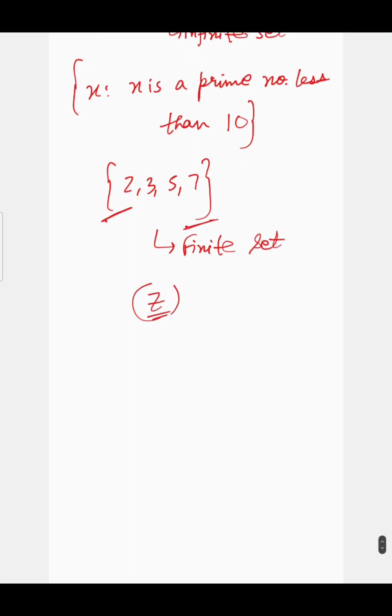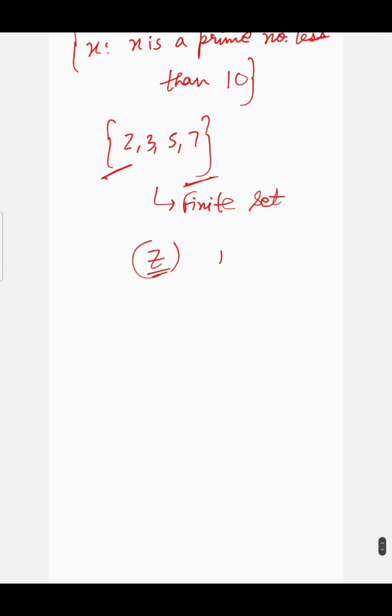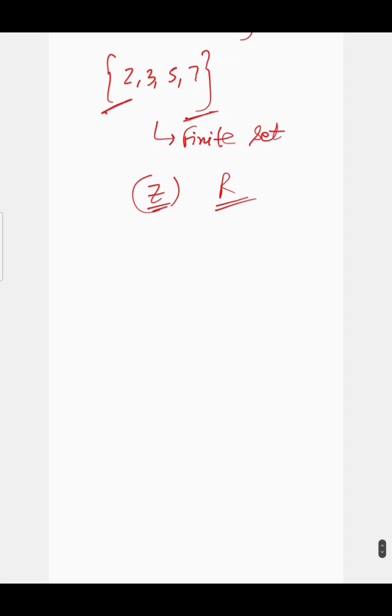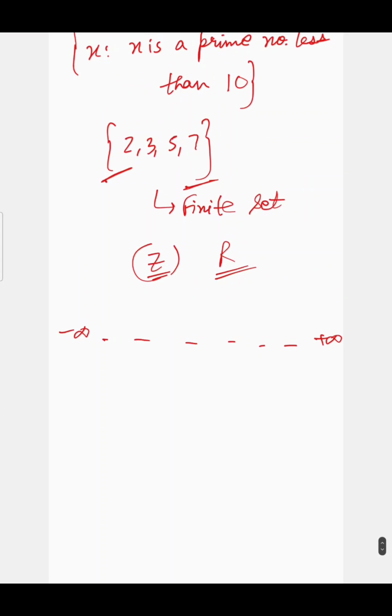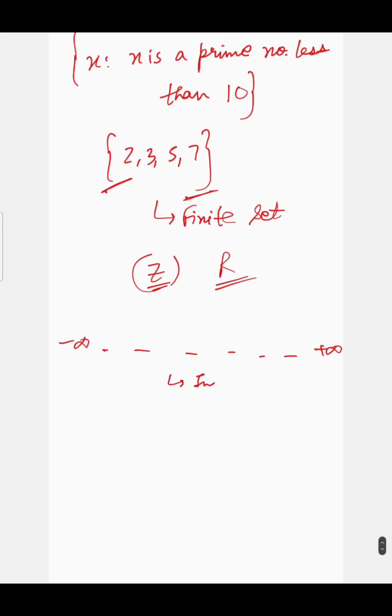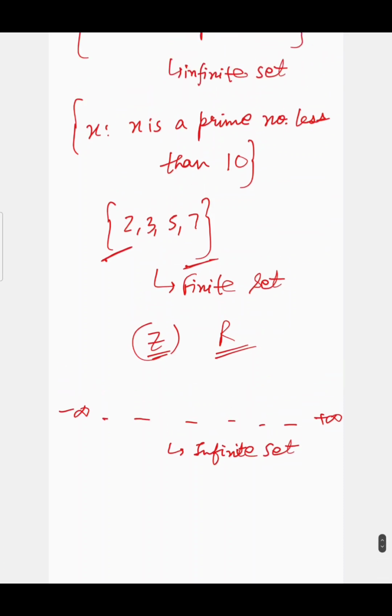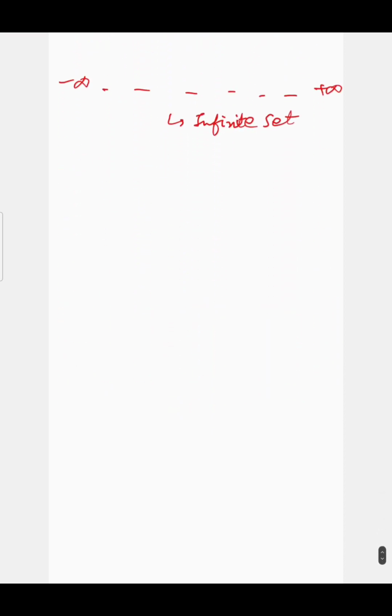इंटीजर्स, सेट ऑफ ऑल इंटीजर्स और सेट ऑफ ऑल रियल नंबर्स, इसका ना तो शुरू का पता है ना तो अंत का पता है। ये शुरू कहीं माइनस इंफिनिटी से हो रहा है और अंत प्लस इंफिनिटी। है ना? सो ये हो गया इनफाइनाइट सेट। ओके, बहुत ही इजी है। नेक्स्ट, कार्डिनल नंबर ऑफ अ फाइनाइट सेट।